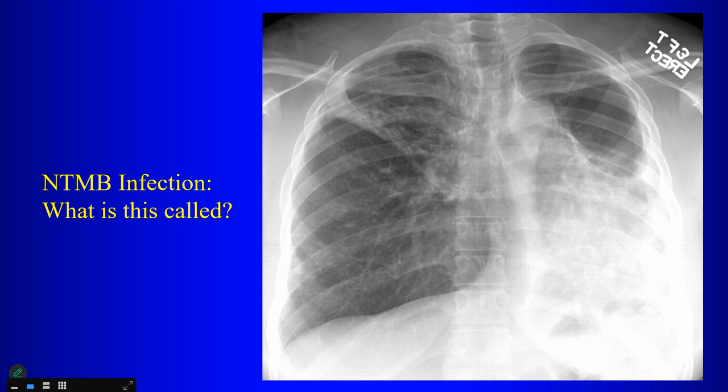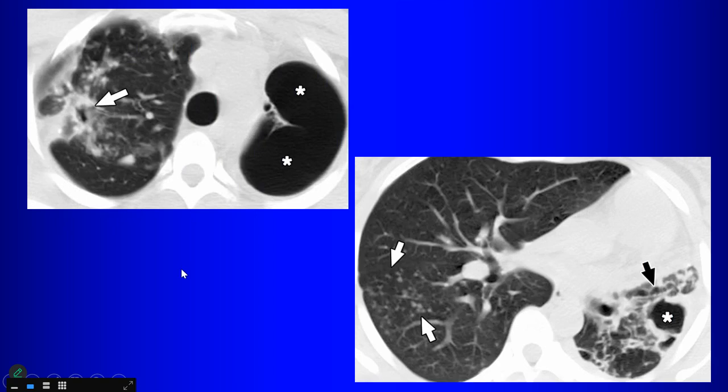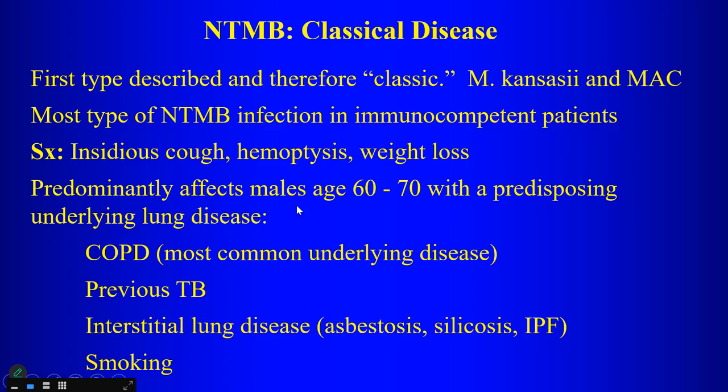This is classic disease, so how do you recognize it? TB. Looks like TB, right? Upper lobe fibrocavitary disease. Although it tends to be more chronic, takes longer, does not progress as rapidly. So if it looks like TB, but the cultures keep coming back negative, or they can't figure out what it is, it could be atypical mycobacteria. Looks like TB, fibrocavitary disease, tree and bud nodules, exactly what you would expect to see with tuberculosis. So it was the first type described, that's why it's called classic,